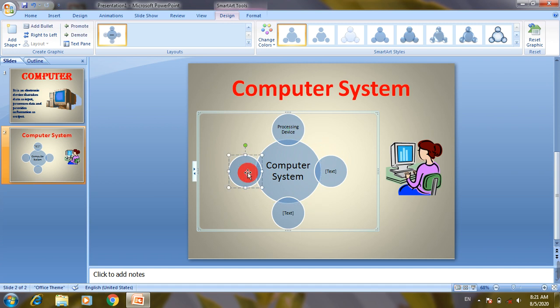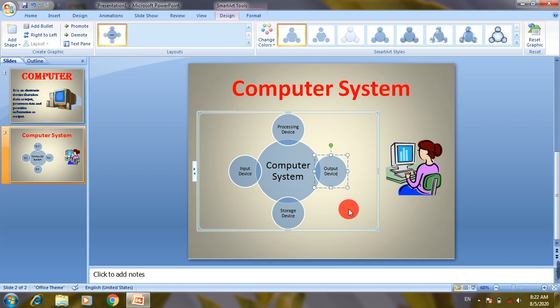In the left, input device, and here below, storage device, and the last in the right part I'm going to type output device.